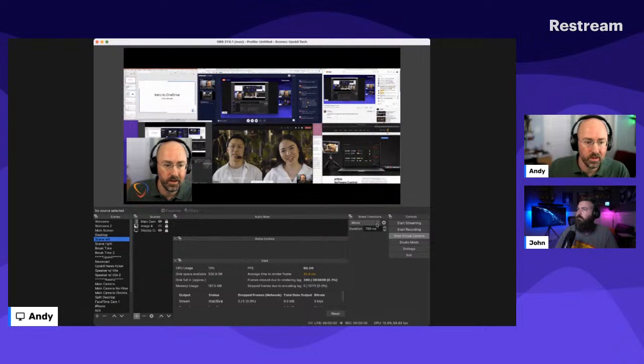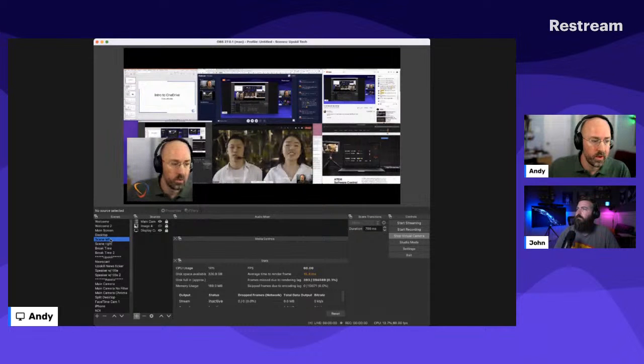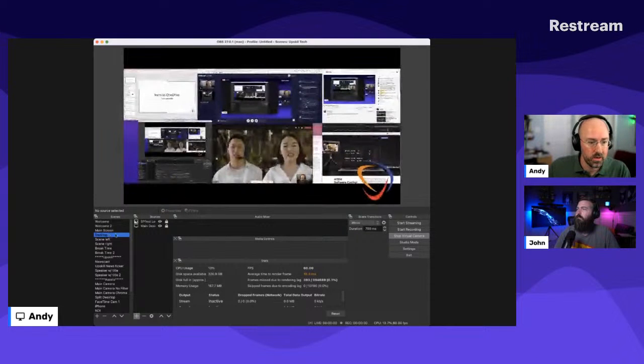So with the scene selected in OBS, you can go in and you can do like a move transition. And the move transition just looks for an element. And it's like, oh, this is the same as this. So move it across, like morph inside of PowerPoint. And you can do other things too. Like, for example, if you want to transition, like, all right, my desktop is set up to use move.